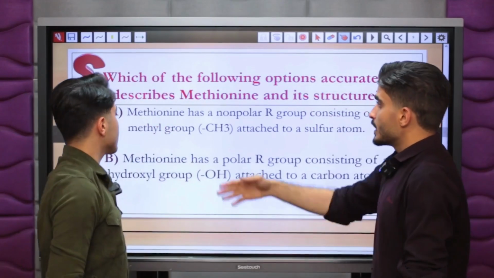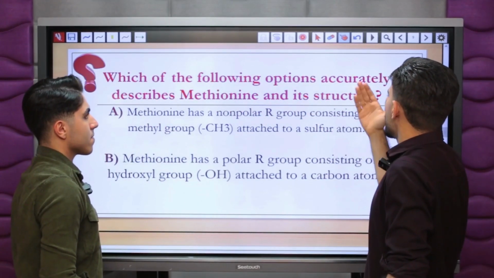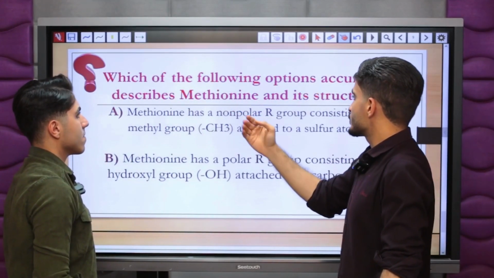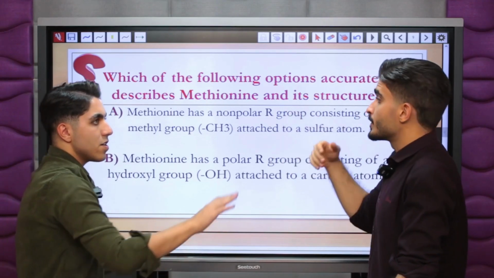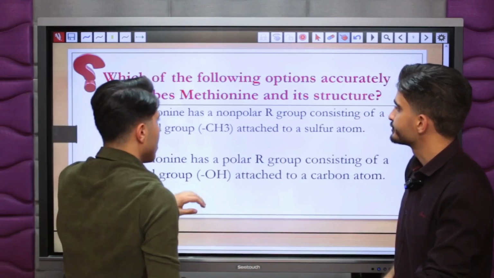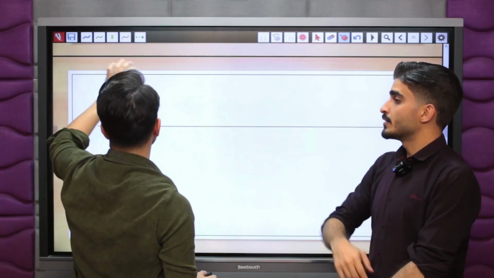Next question. Which of the following options accurately describes methionine and its structure? Just before reading the rest of the question, let's draw the structure of methionine. First of all,